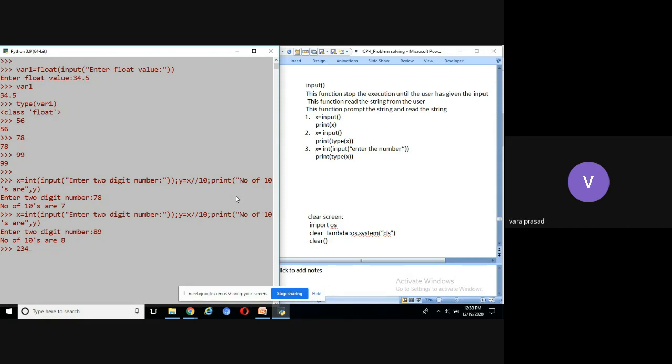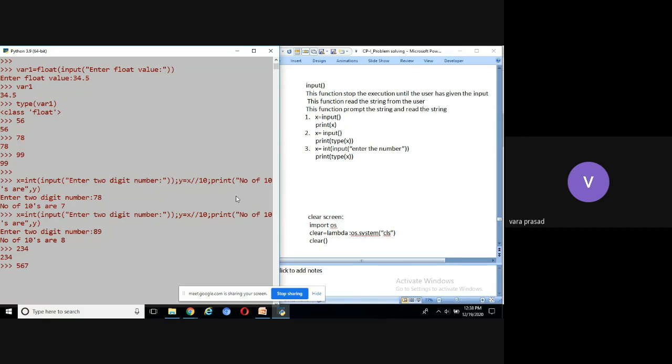Second scenario, 234 is having 23 tens, 4 ones. Okay, right. Second example, 567. You can say like that: 567 is having 5 hundreds, 6 tens, 7 ones, or 56 tens and 7 ones.